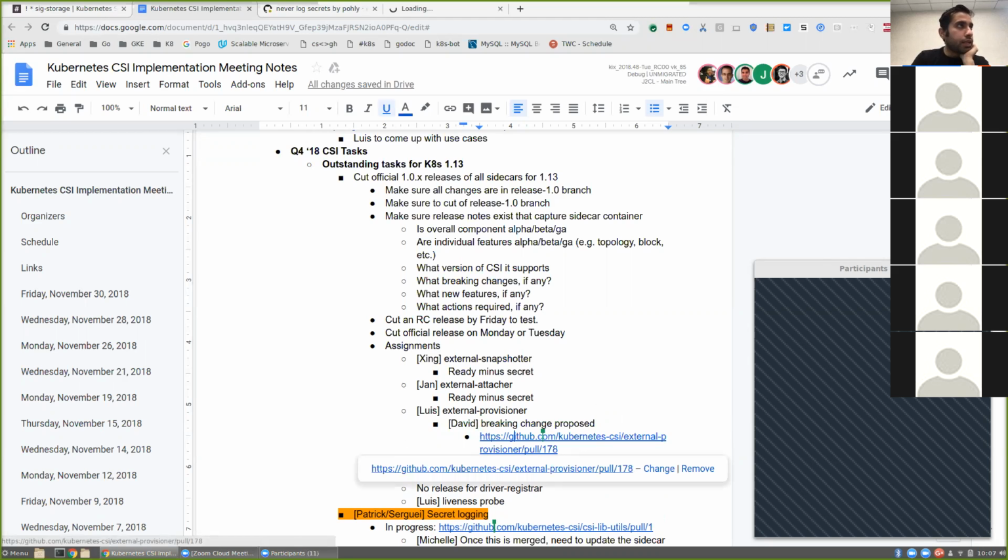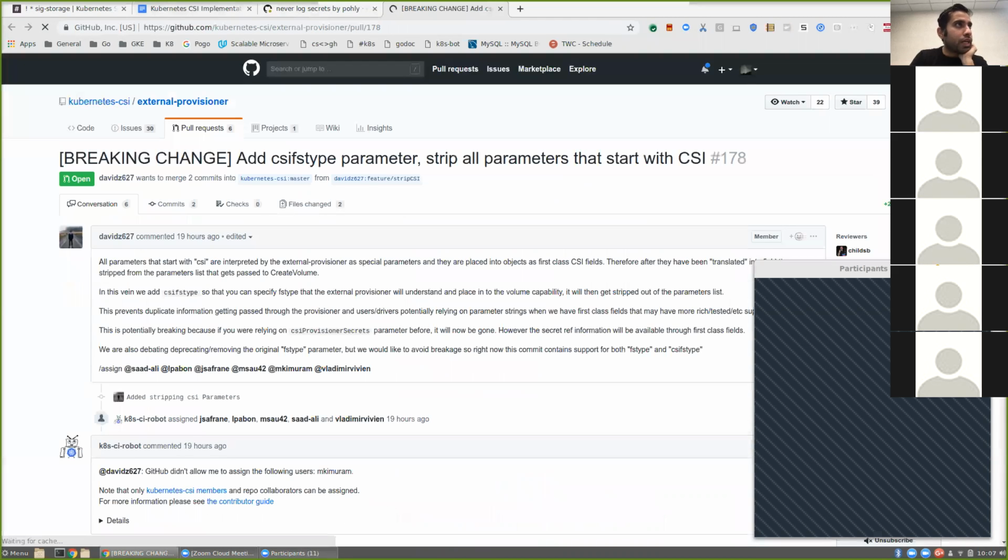so currently the external provisioner has a set of parameters that it uses that are kind of special to it. They're all prefixed with CSI. So it's like CSI provisioner secret name, CSI, blah, blah, blah, secret name. So there's 2 changes in this PR. One is that there's a parameter called FS type that we don't prefix with CSI. And that's pretty ugly because we special case it. So what the external provisioner does is it takes the value of FS type if you specify it, and then it translates it into CSI and passes it in as a CSI value.